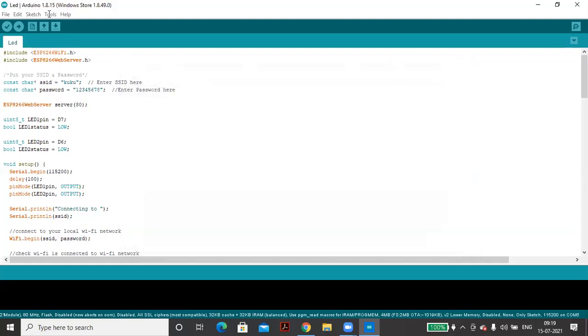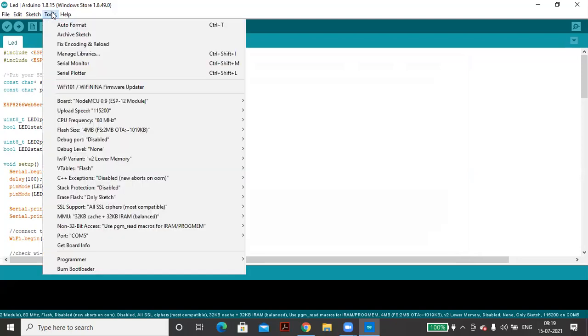The second problem you might face is selecting the COM port, the communication port. Sometimes your COM port will not show because of a missing driver. So you have to download the driver, and then this problem will also go.